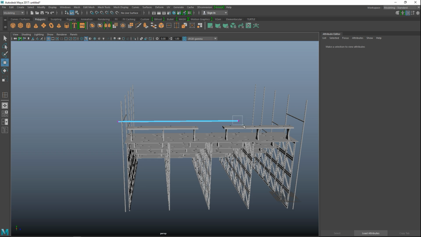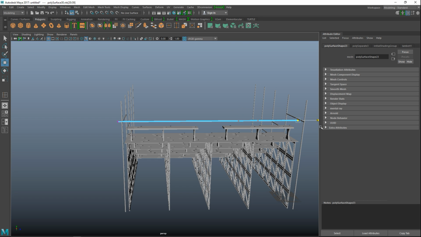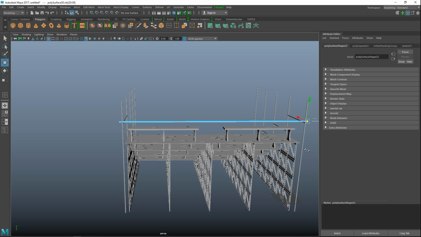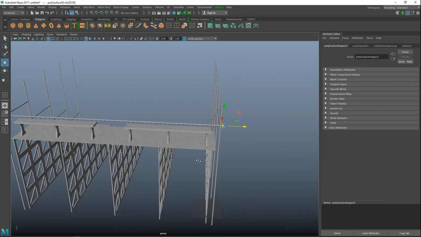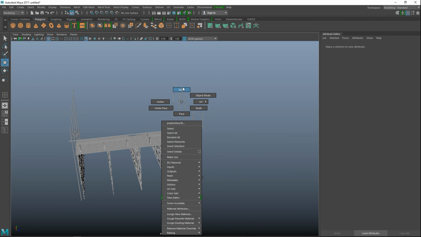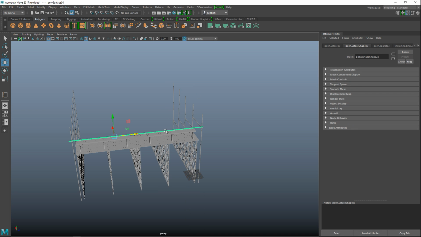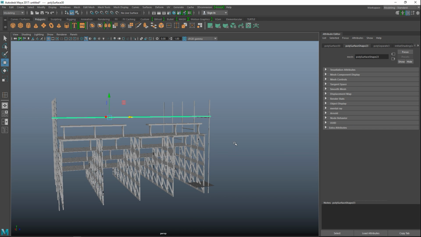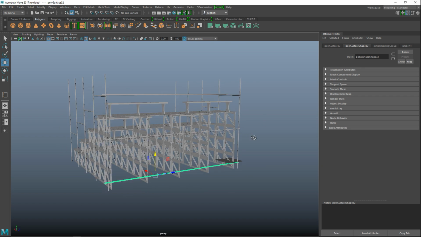Okay, so we're going to select that, we're going to move that in like so. Seems to be okay. We're going to right click, go to object mode, we're going to select that, hit Control D to duplicate it, W to pull that down, and do Shift D once.